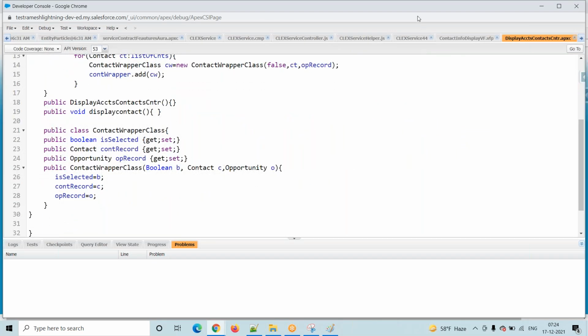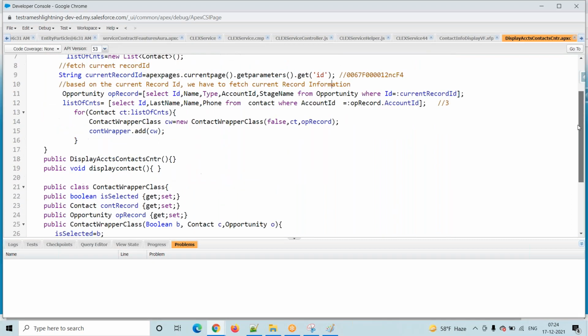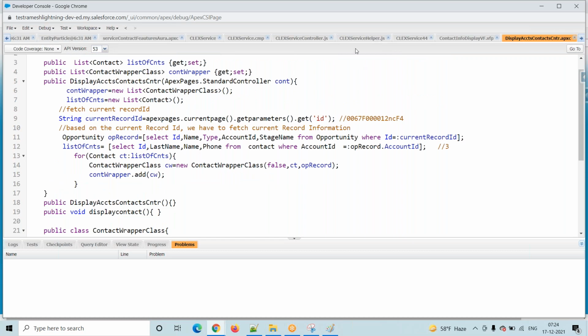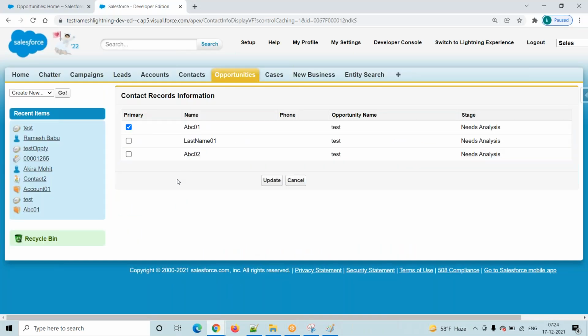Yes, sir. For example, right now we have only 3 contact records. How many records can the page block hold, or how many can we list there?